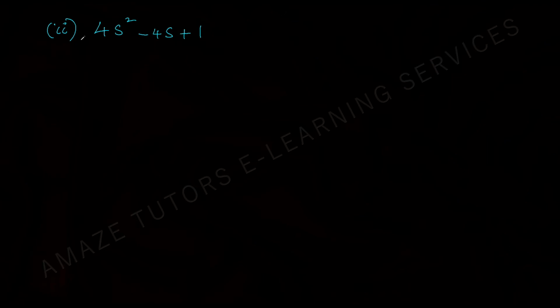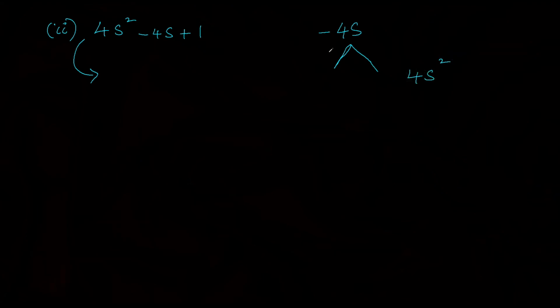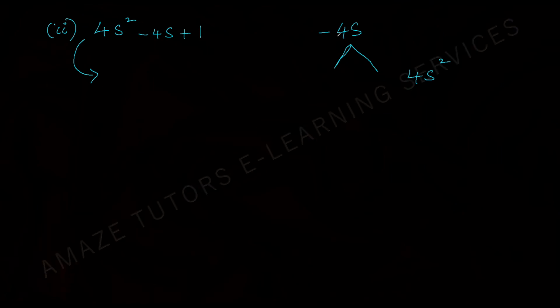What is the very first step? Factorize. So to factorize the given quadratic, take the middle term, find the two terms whose sum is negative 4s and product is 1 times 4s squared. 4s squared. So think about the two terms. Two 2s are 4 and there is a 4 here. So I am writing both with negatives, because then only while adding negative 2s and negative 2s, it's giving me negative 4s. And when I multiply these two, it's getting me positive 4s squared. This is to split the middle term.